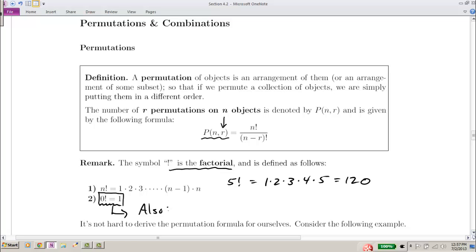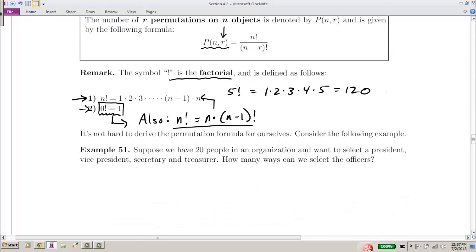And you could also observe, and this I think is observable from this first fact here, that n factorial is equal to n times (n minus 1) factorial. So these two, rule number 2 and this one right here together will actually give you this rule. But basically we just think of the factorial as multiplying all the integers from 1 up to n. And how we derive this permutation formula, like why that formula with these factorials should give us the number of ways I can select r objects from a group of n objects, including different orderings,